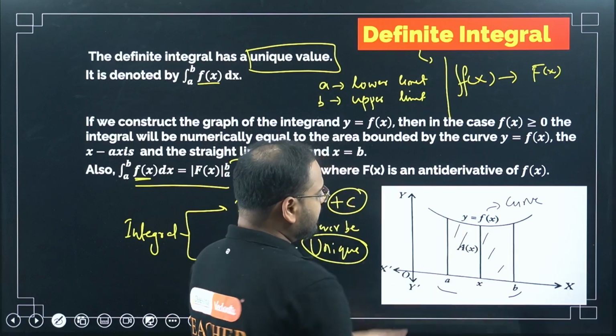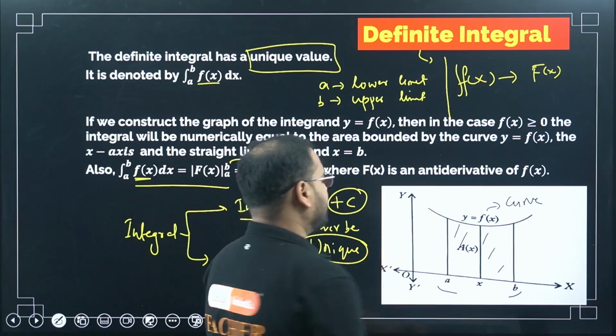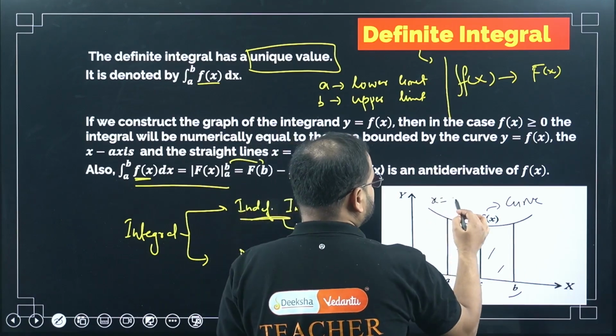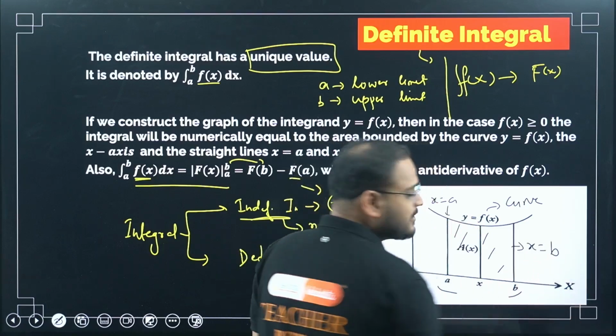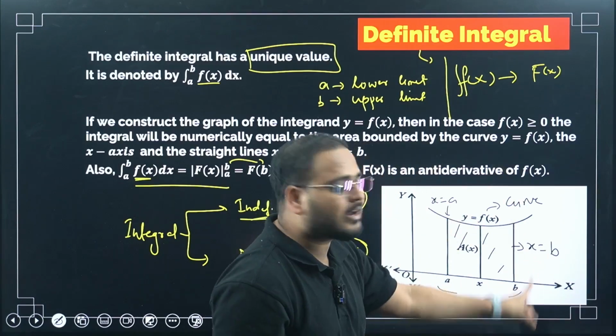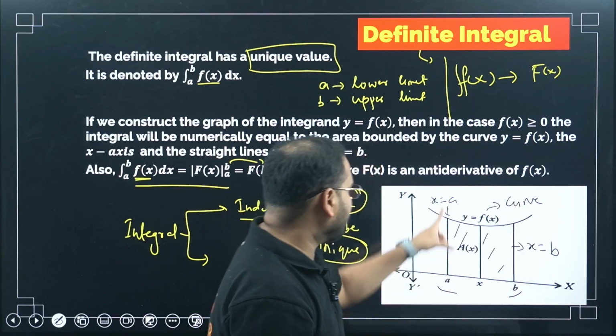What is this boundary? Tell me. It's nothing but the x equals a line. This line is x equals a line, right? And what is this line? X equals b line. Why is that, sir? Because if you move across this line, you'll get every point x as b, and over here also you get